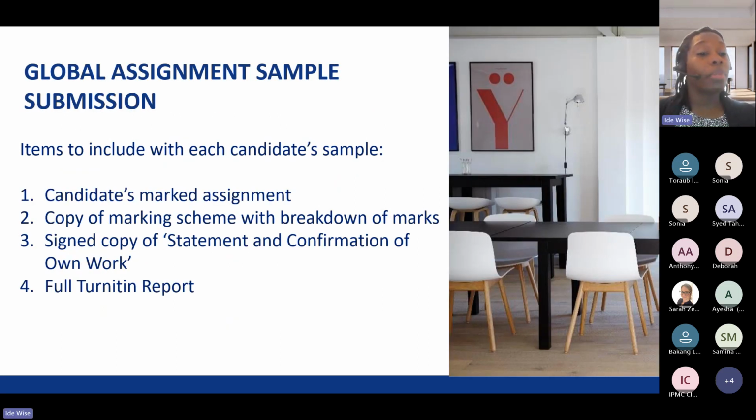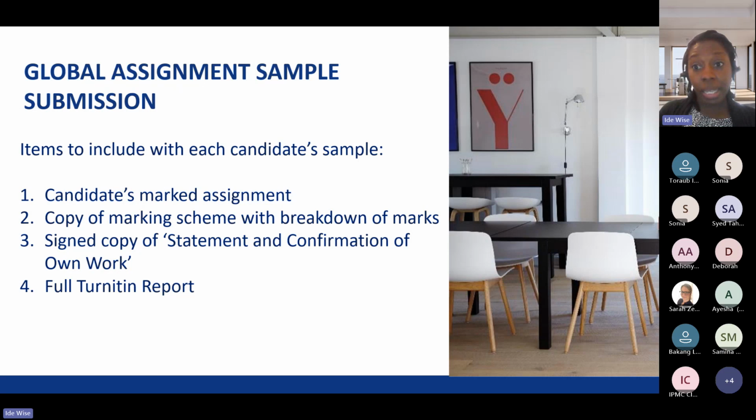For the global assignment, what we're looking for in the sample, for each candidate, is the candidate's marked assignment. Again, we need the mark scheme with the breakdown of marks for each task and reasons for that, and the full final mark clear on the front. We need a signed copy of the statement and confirmation of own work. That is the sheet of paper that the student signs to say, this is my own work.